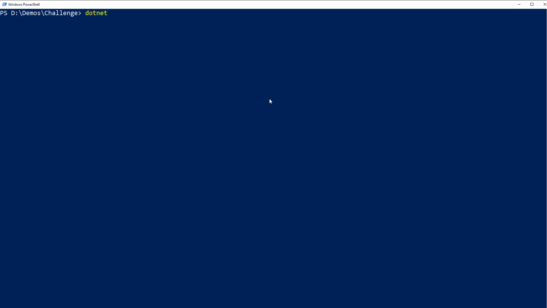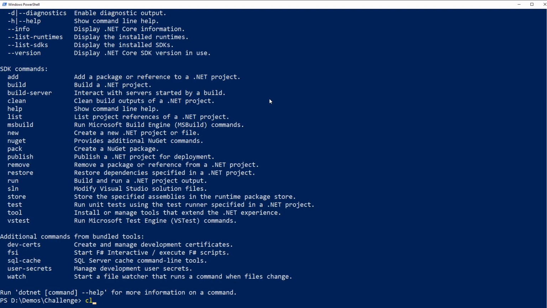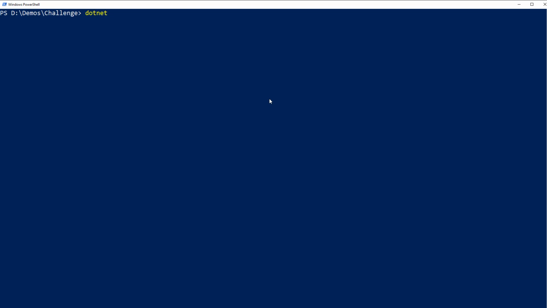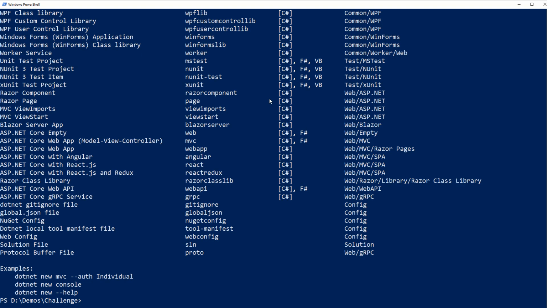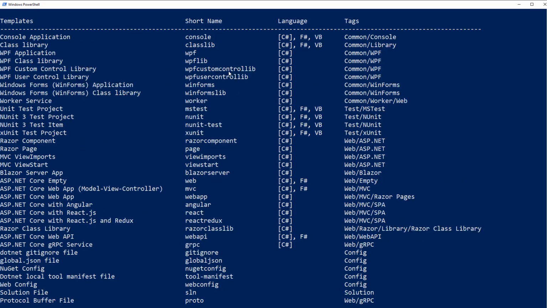So .NET, that's the foundation for every command we do. With .NET you can do --help, and it will give you help for that. .NET new, again, --help will give you all the different options you can use. And there are quite a few right now. These are all the different options you have available for different project types. Even inside here, you can ask for help on the console, and it will give you all the different options you can have for a console application. Notice also that these projects are all default